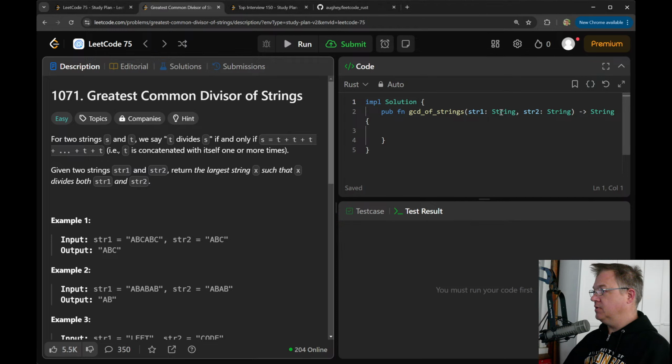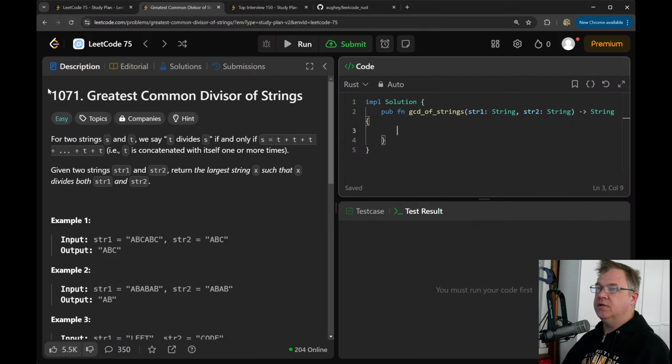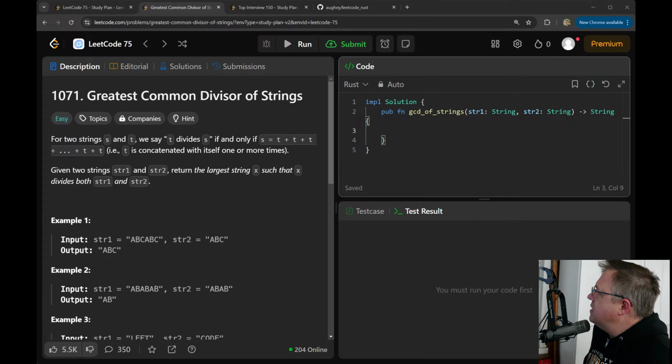I guess we have to return a string, right? They use strings for everything. The inputs for these really need to be string references. That's not right at all. I mean, it is right, it'll be fine, but you shouldn't be passing in strings as arguments almost ever. There's almost never a reason to do that, unless maybe you have a mutable string, but even then you're really doing an output type.